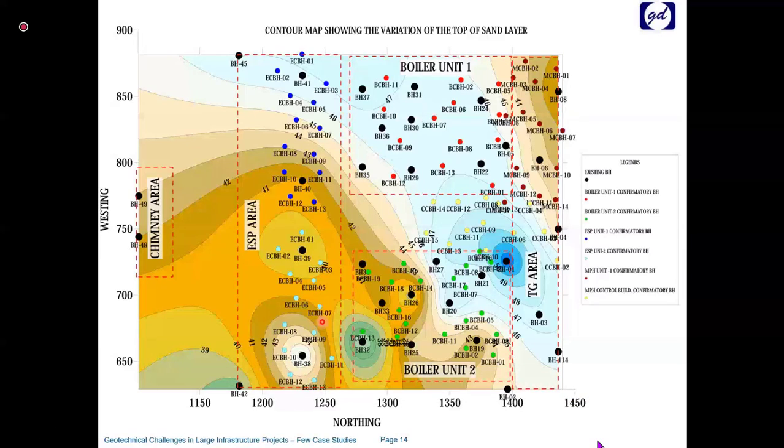So that you can have a maximum outcome, and you will be able to understand where you will be having, let's say, the differential settlement profile. Probably when you put it into these areas, it seems to be more uniform. But when you see other areas, probably the area is not that uniform. You need to take care of all these things while you design the foundations, or when you develop the allowable bearing pressure recommendations from the soil investigation data.